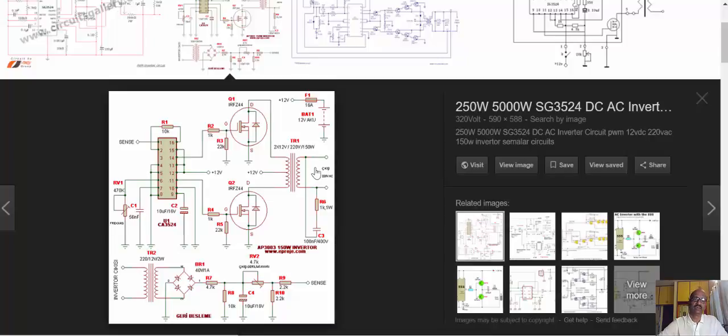Well, this much is for the day for the inverters. We'll continue with a few more circuits on different